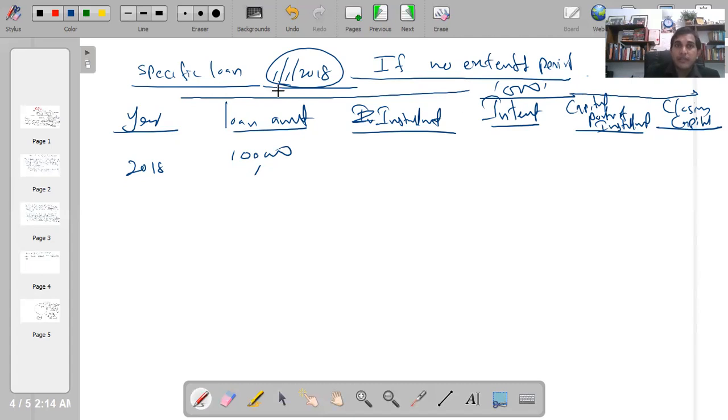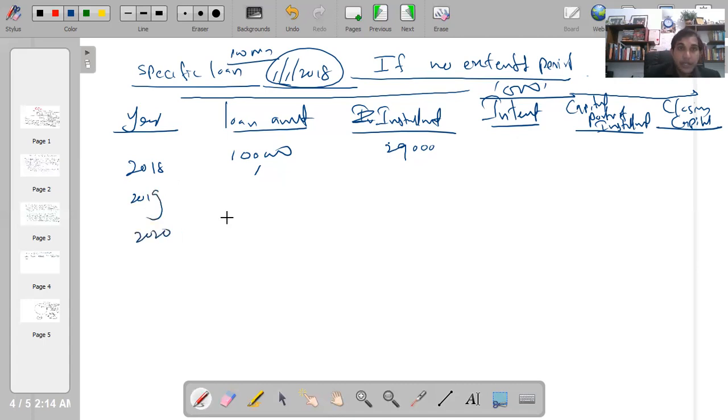This is the loan value, because 100 million in thousands is 100,000. Then your installment every year is 29 million, meaning 29,000. So 2019,